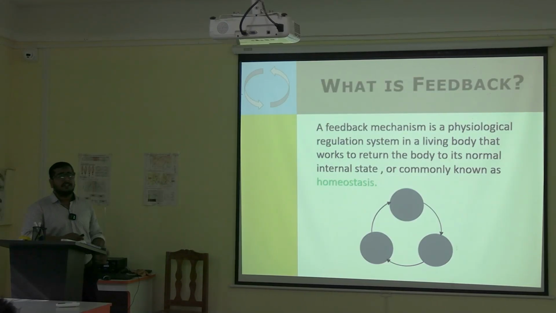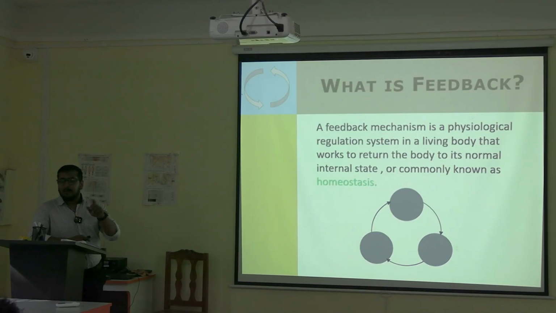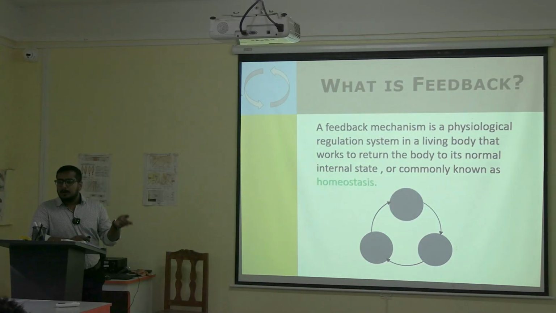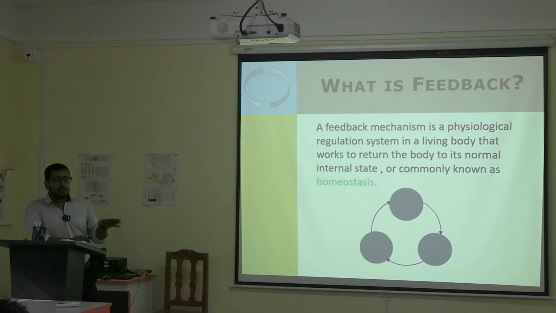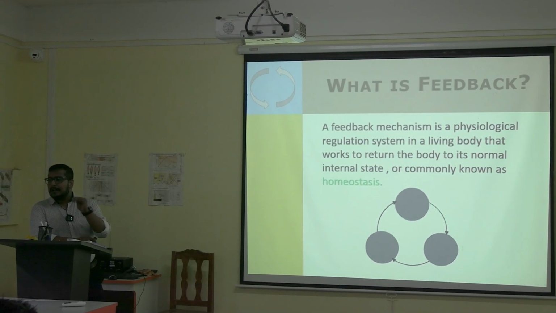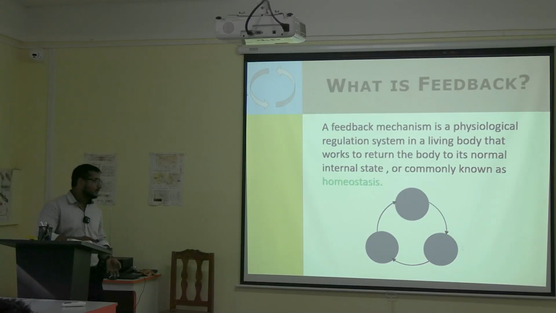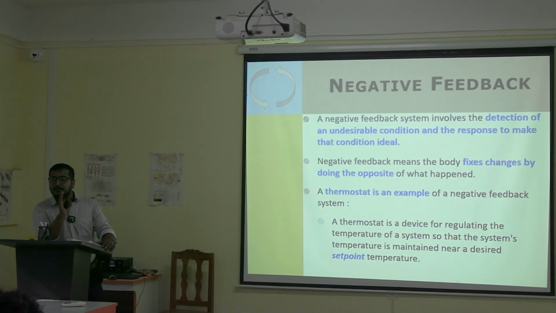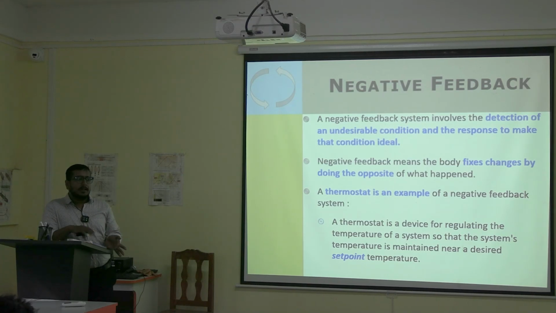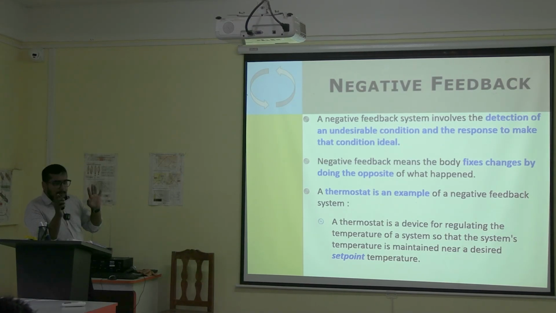Next slide. Now, what is the feedback mechanism? The feedback mechanism is a physiological regulation process by which internal homeostasis is maintained. Every living organism cannot change. In our life also, we cannot be like a thermostat, which keeps on changing according to the external environment. We have to maintain homeostasis to maintain our internal environment so that we can have a good and healthy life in general also. So the feedback mechanism is of two types: one is negative feedback, one is positive feedback. So let's start with the negative feedback.